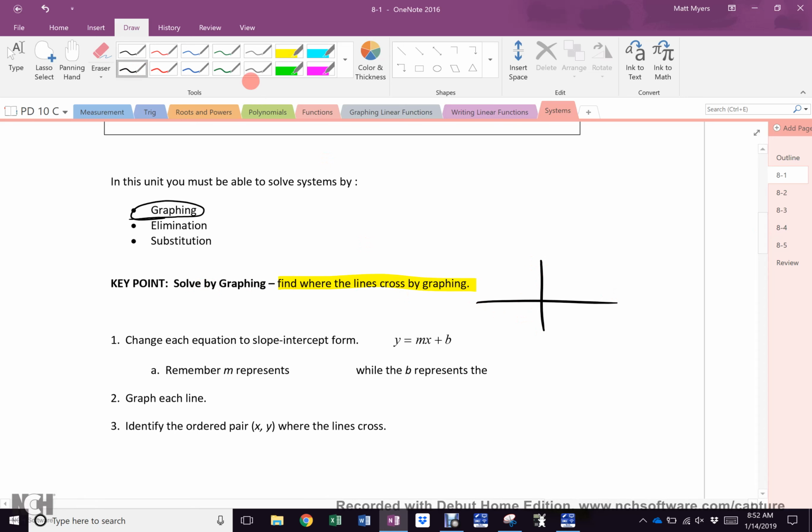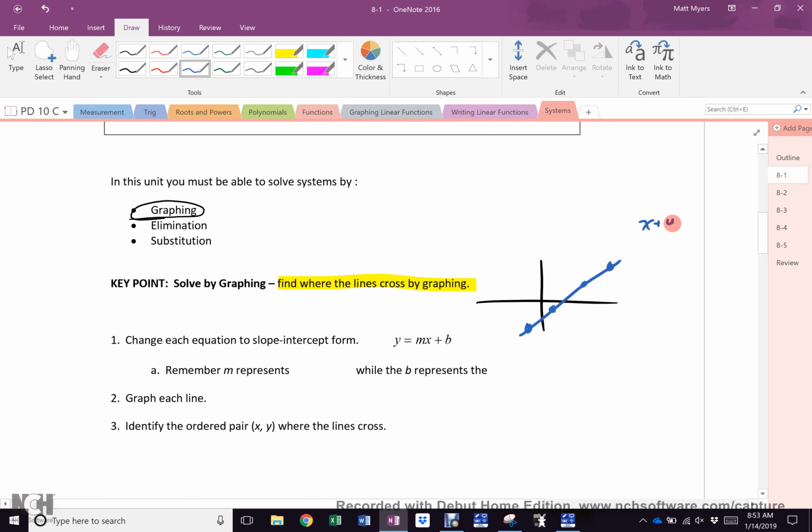Now, why is that the answer? Well, there's a blue line, right? That blue line is made up of what? Infinite numbers of x's and y's, right? Everyone agrees? Okay. So this point right there has an x and a y. This point right there has an x and a y. This point right there has an x and a y. That point right there has an x and a y. Agreed? And if we knew the equation of that line and we put those numbers into it, let's call that